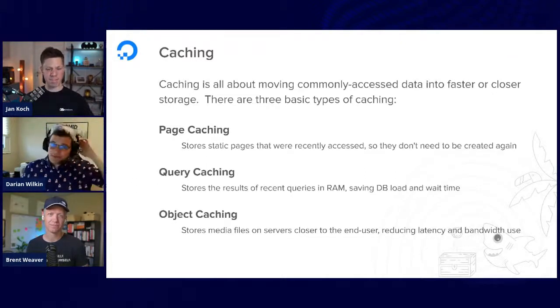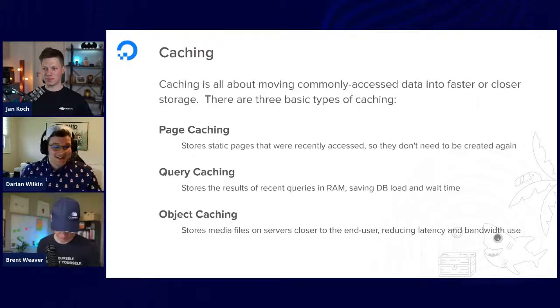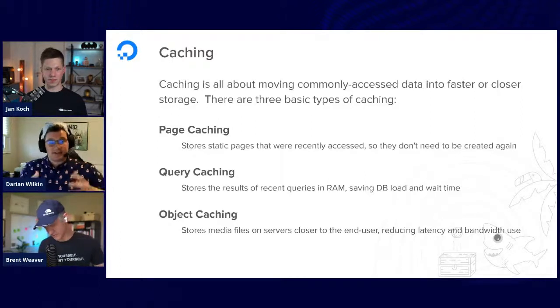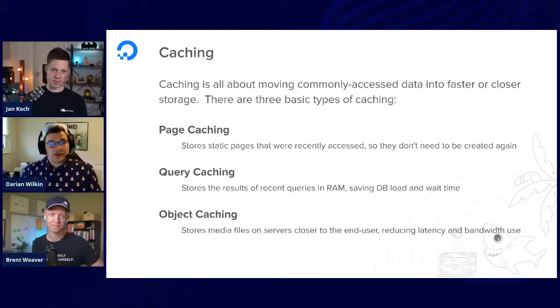Because it's totally possible for you to stand up your own server in your basement, right? And that's totally an option. In that case, you're responsible for everything, right? Even the power and the network itself. Then you could go with an infrastructure as a service provider, in which case you're still responsible for almost all of those pieces: the page caching, query caching, object caching. It's when you get into the more managed services that some of this stuff starts to be taken care of